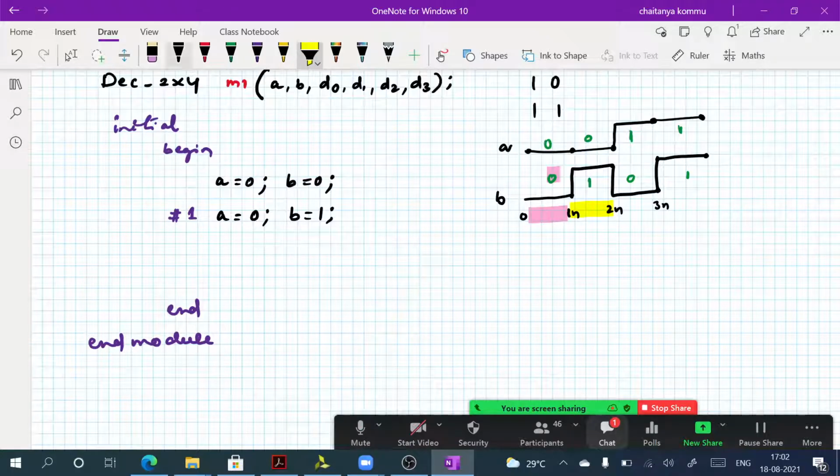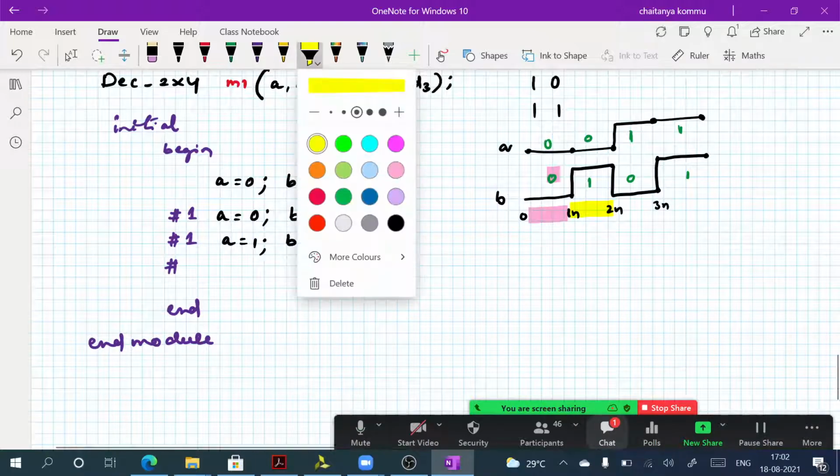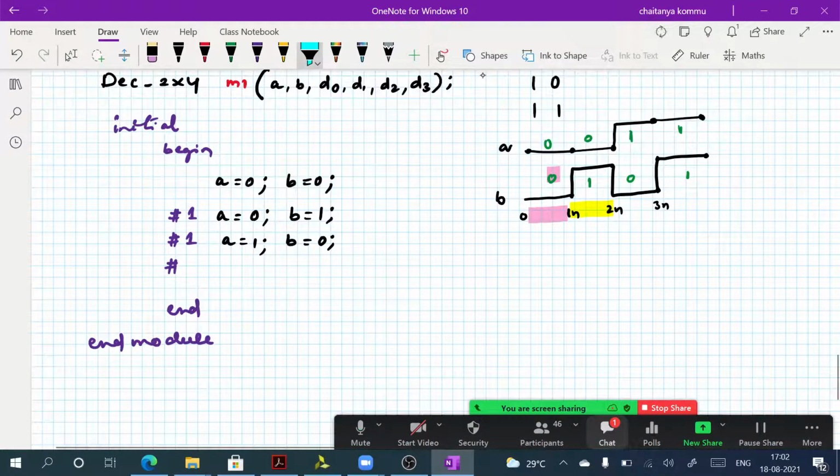So exactly at 2 nanoseconds, that means another 1 nanosecond, a value is equal to 1, b value is equal to 0. Another 1 nanosecond, as you can see here. For the sake of simplicity, I am writing these diagrams. Another 1 nanosecond, a equal to 1, b equal to 1.